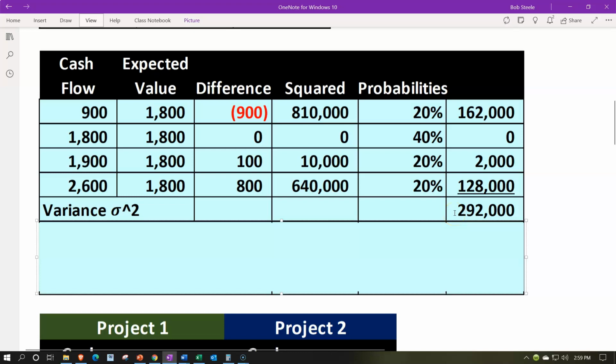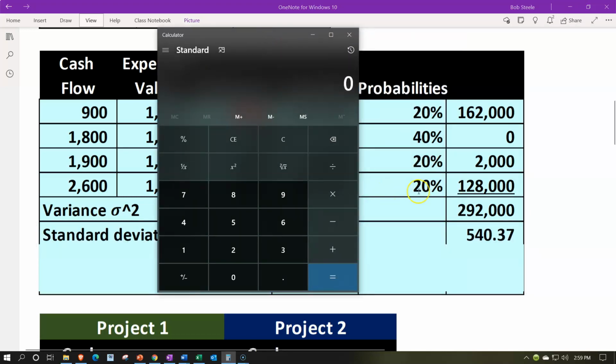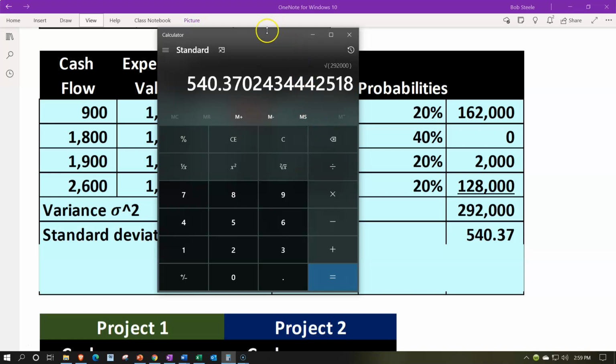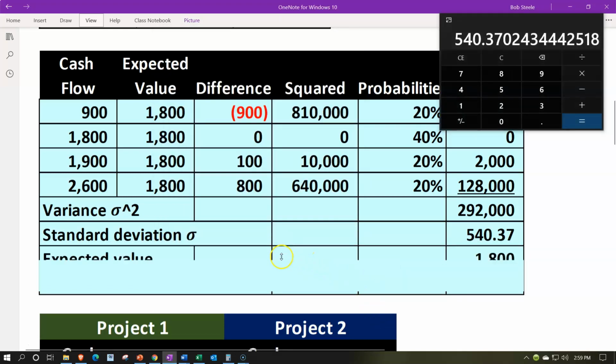That number is squared units, however. We typically want the standard deviation then, so we would do that by taking the square root. The 292,000 square rooted gives us about 540.37. And then we're going to compare that to the expected value, which is kind of like the mean or